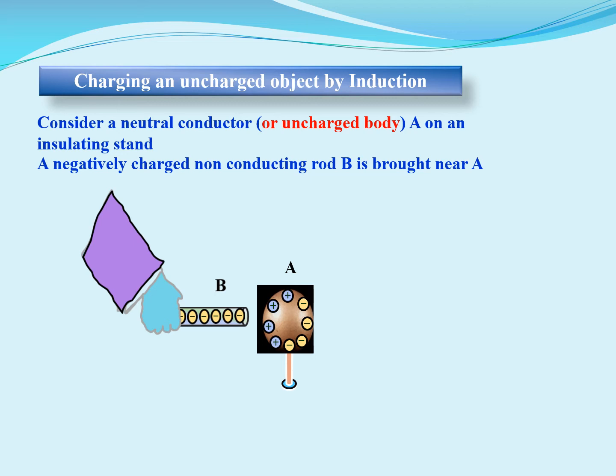So immediately you have charge distribution where all the positive charges from A move towards B and all the negative charges on A move toward the other end due to repulsion. And now if this body A,